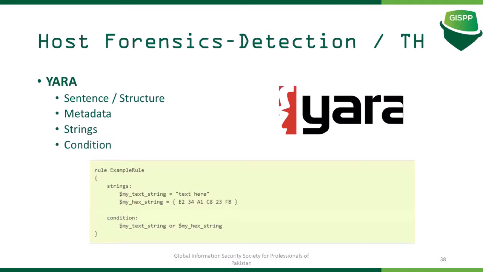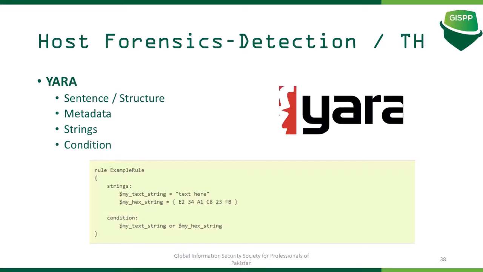you want to hunt in the environment for that, you can open a file in a hex editor, search for particular strings or mutexes that are unique to that particular malware, place all of them here, and come up with a condition like if these strings are present and the file size is this, trigger an alert. You can even do hash based and other searches also.